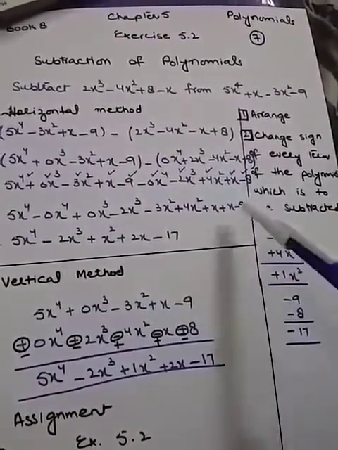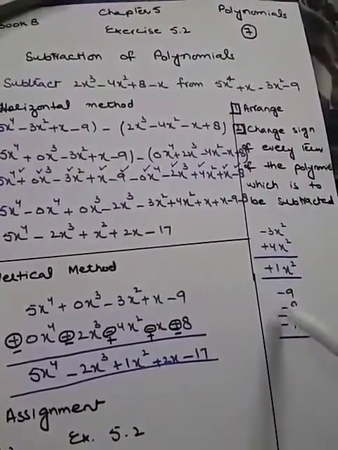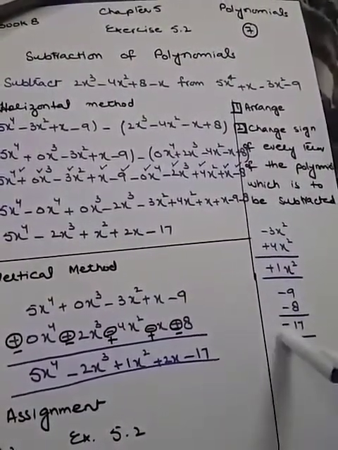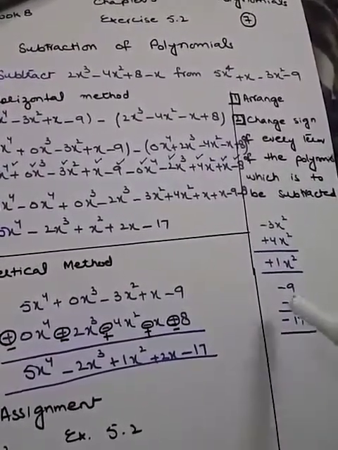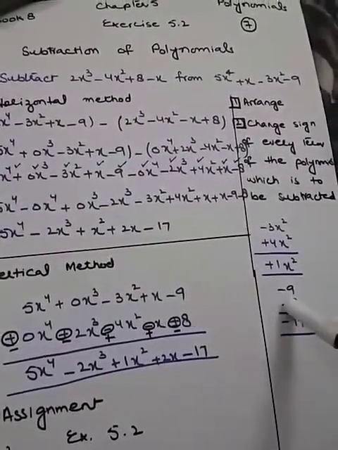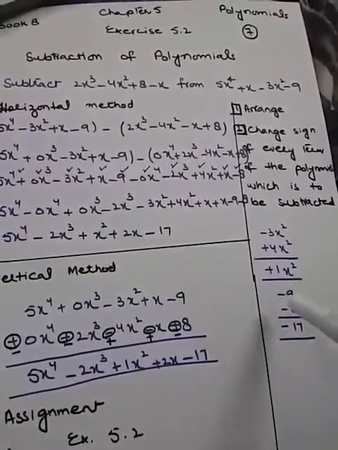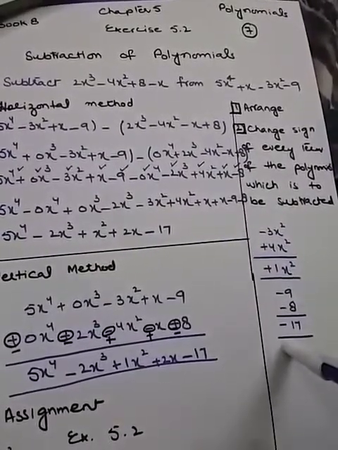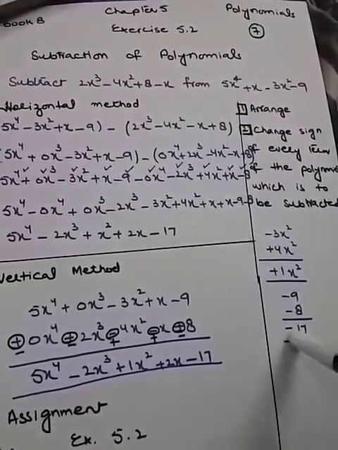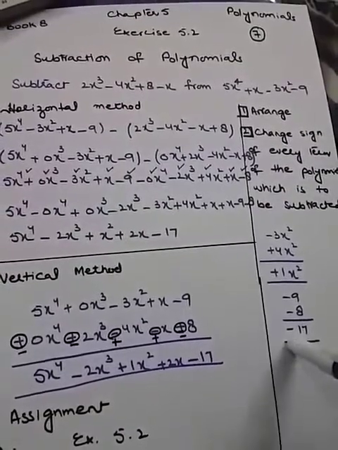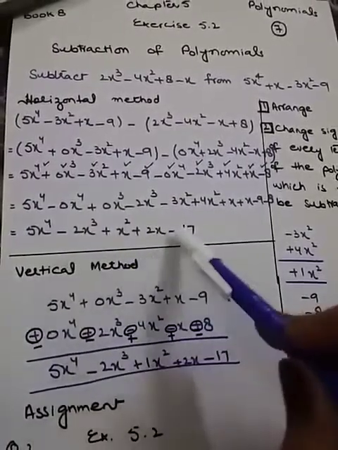Minus 9 minus 8. Okay, when we have the same signs, we take the sum, but the sign remains the same. Minus minus is plus, we are going to add these numbers, but for the sign we have to write the same sign as it is, okay? So I used to say to my students, when we have same signs, we take the sum, but the sign remains the same. Now this is your simplified answer, okay?